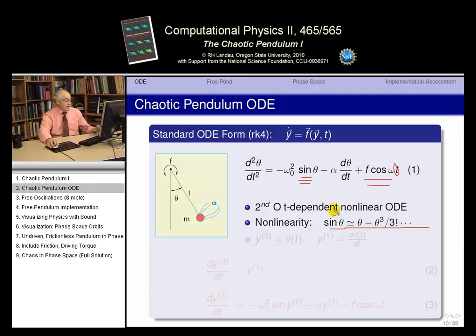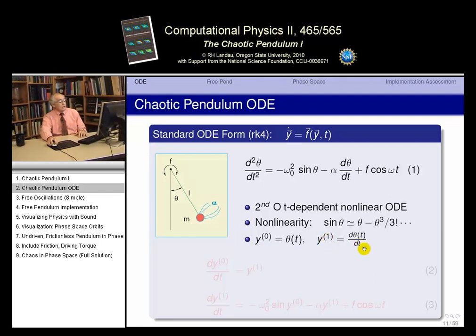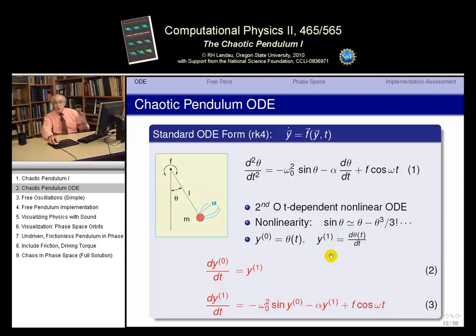So this is where the nonlinearity comes in. Okay, making this into the standard form, we just follow the usual trick. We assume the first component, the zero component of y, is just theta, fine. And then the first component, y1, is d theta dt. That being the case, then the two